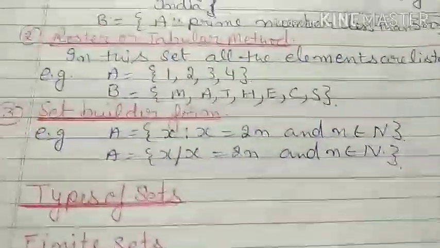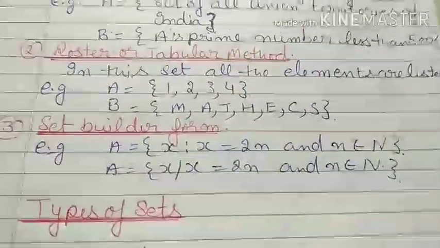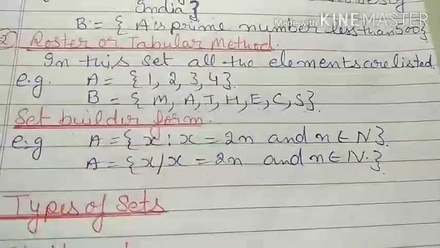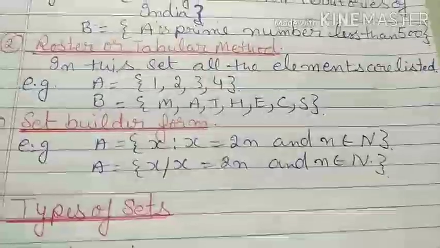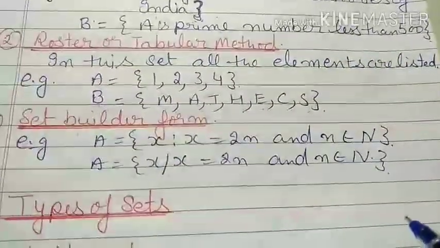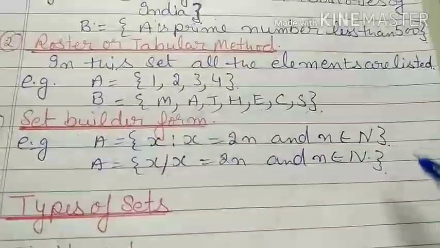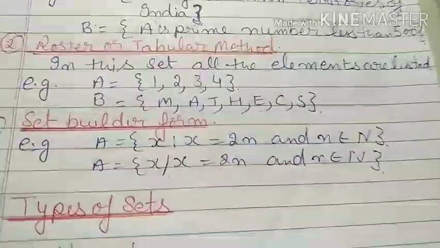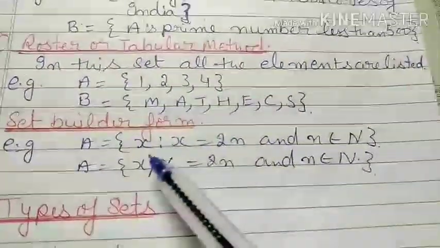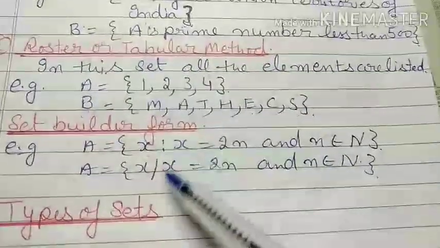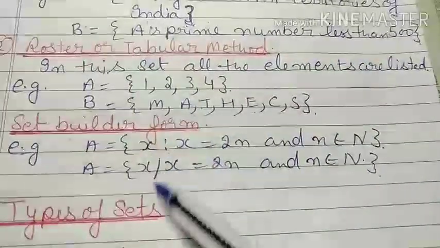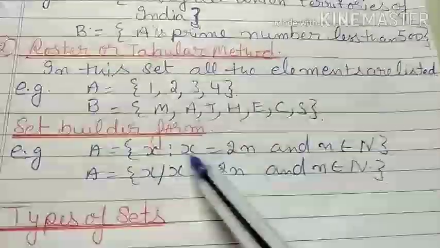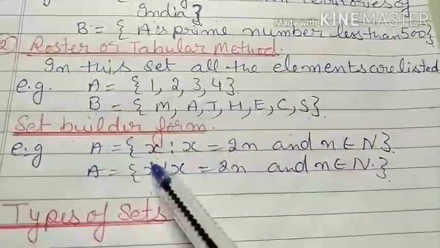Now next is set builder form. In set builder form, you are not going to represent the set in statement form or listed form. You just write it in expression form. When you elaborate that set, whether in listed form or description form, it carries the same meaning. You have to present a set in any one of these three forms. Here it is written x, sometimes written with a colon, and sometimes with this line, which we call such that. This means this is what my set is representing, and after that what is written belongs to that variable.